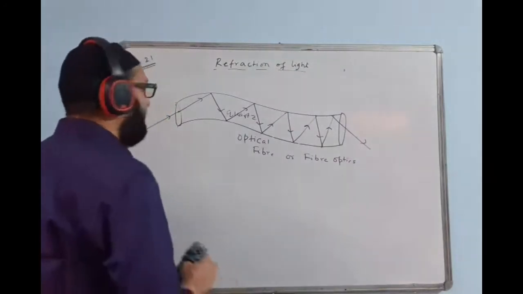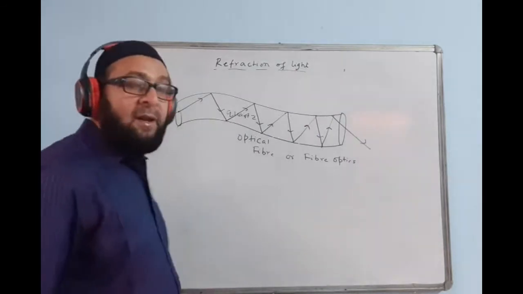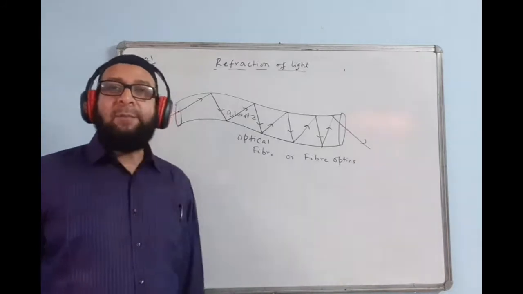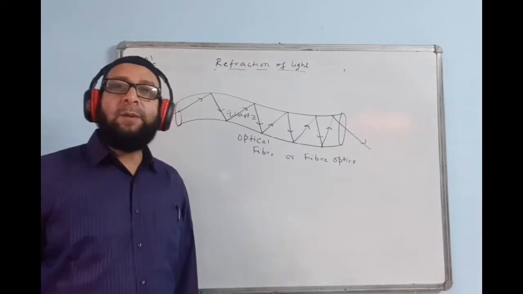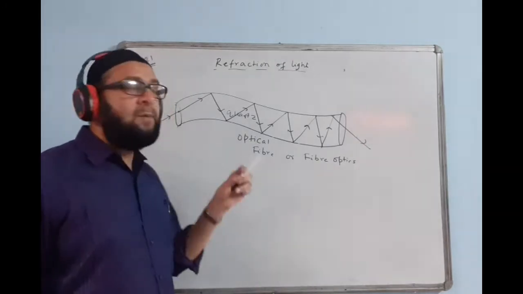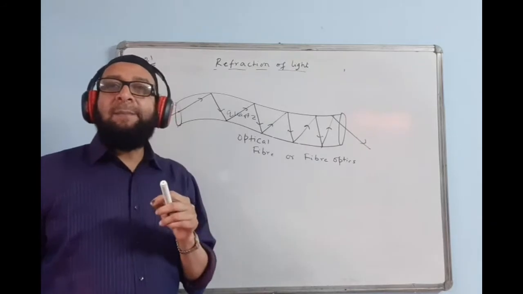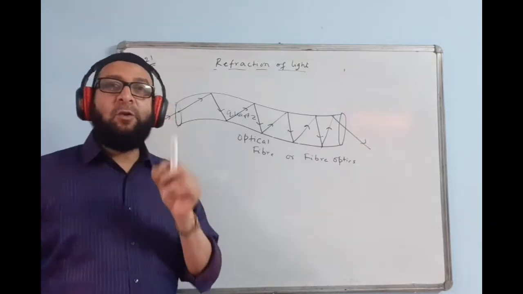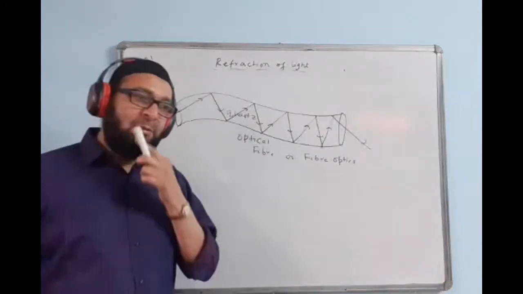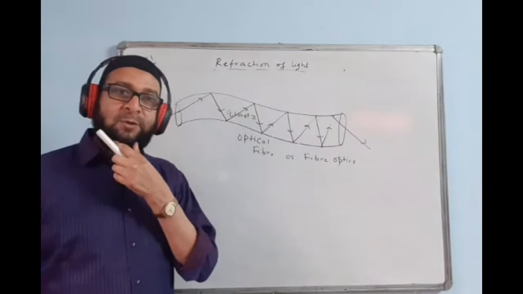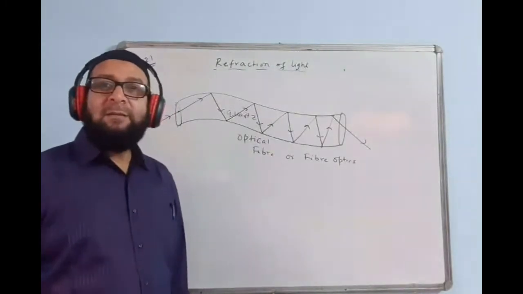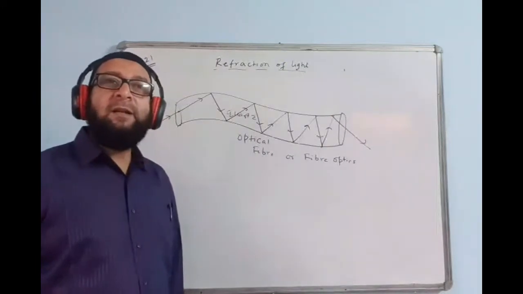Understood what is optical fiber? If a question comes like this, on what principle does an optical fiber work? You say it works on the principle of TIR. But at exam time don't write TIR. Write the full form, total internal reflection of light, because your exam is your lifetime opportunity, even the school exams. So please take the full opportunity and write fully. The working principle of optical fiber is total internal reflection of light.